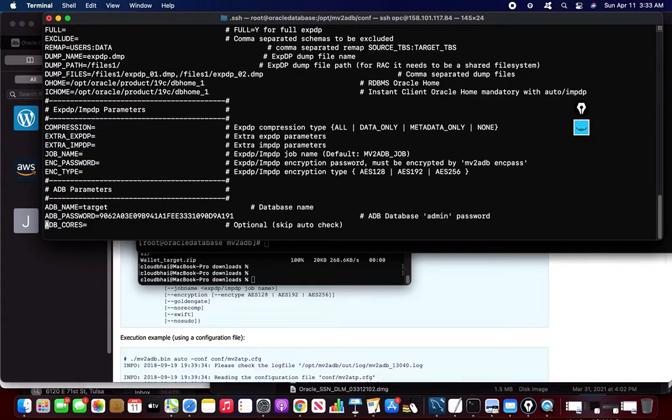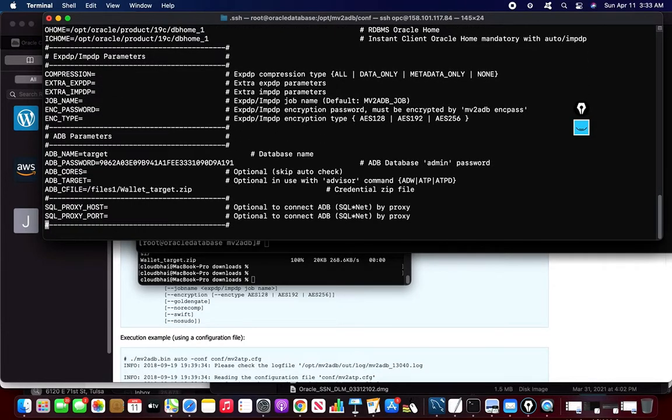For the EXPDP and IMPDP parameters I have not used anything. The ADB parameters are required for ADB purposes: my autonomous database target, the autonomous database admin password in encrypted form, and the ADB wallet files. You know that I created and downloaded the client credentials, put them on my client machine, and transferred this zip file to my server where